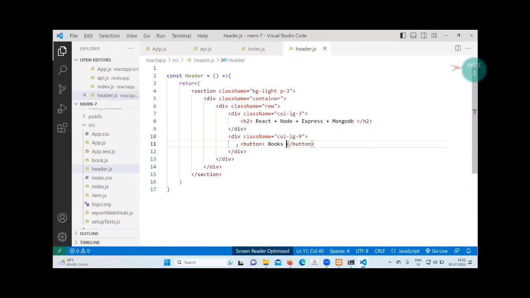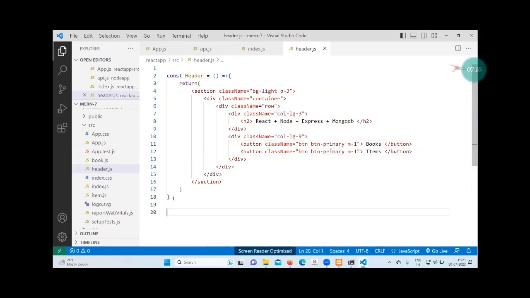book list, className btn btn-primary, let it be primary only. Items m-1, here also m-1. Export default